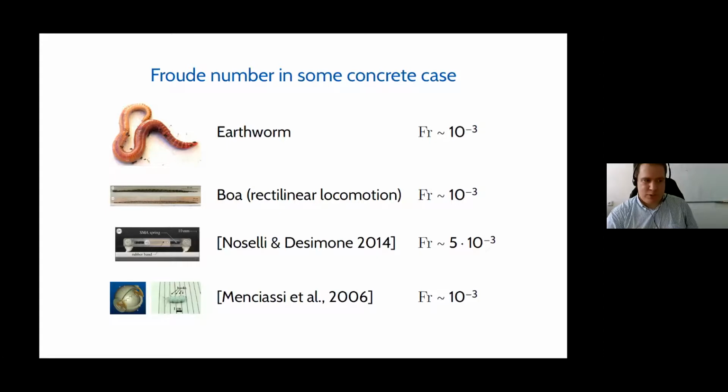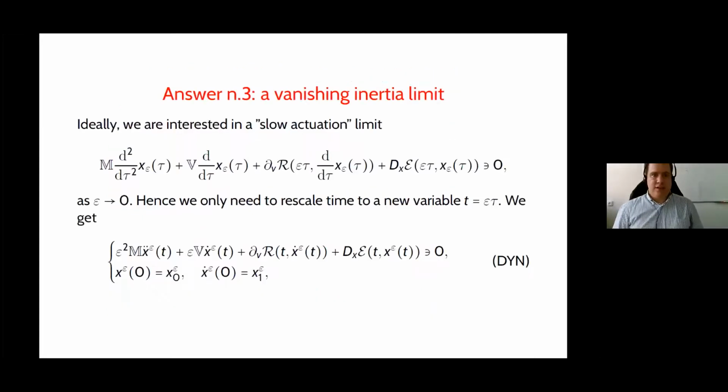spoke with one of the people working on that, producing this very fast crawler, the Improm one I showed you before, and he also had some doubt that maybe the quasi-static approximation is not working very, very well. So keep in mind, quasi-static approximation is good for animals, good for some robots, maybe not all robots. Okay, so you probably now are convinced that the coefficient in front of the inertia is actually small.